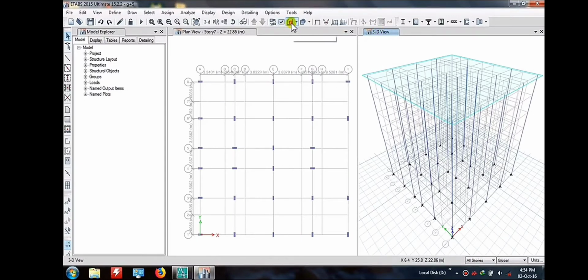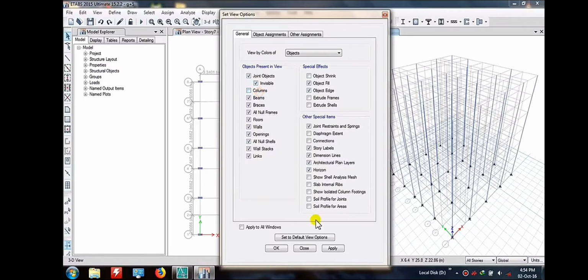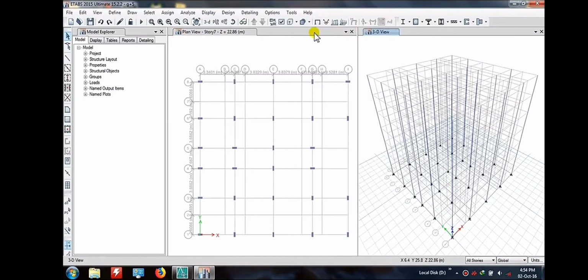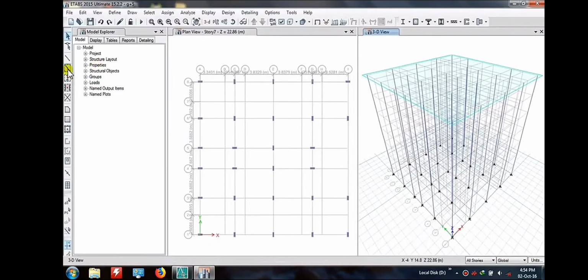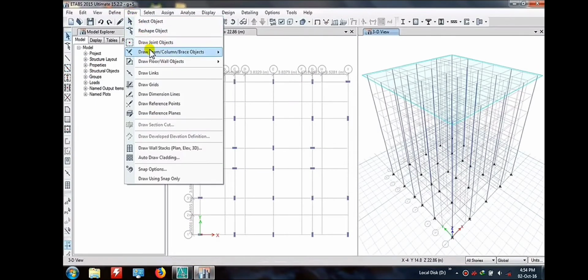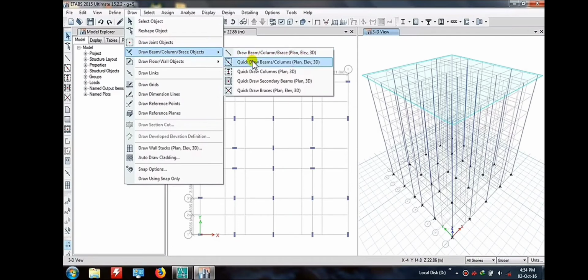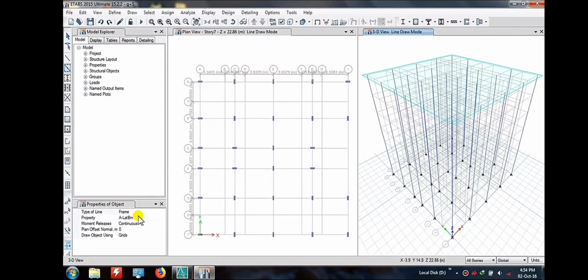Okay, I can also highlight it, so it's completed. Now what we have to do, we have to define our beams, and we have the orientation of two different beams. So at that time what you have to do, you have to go for the quick beam drawing, and here you have to select the similar beam of the size which you are going to assign here.